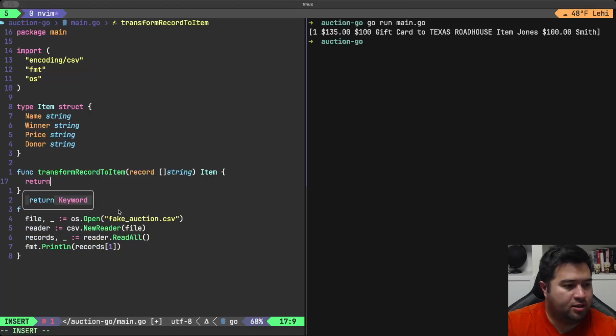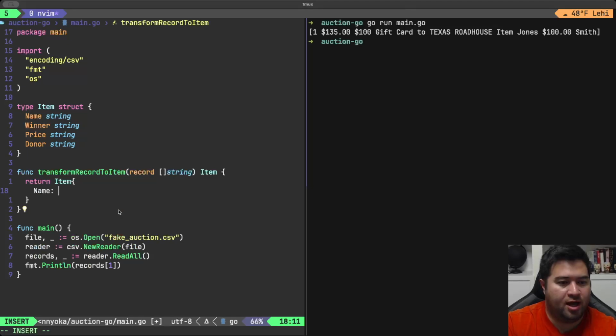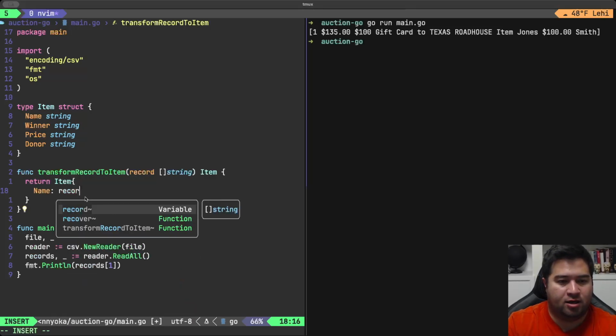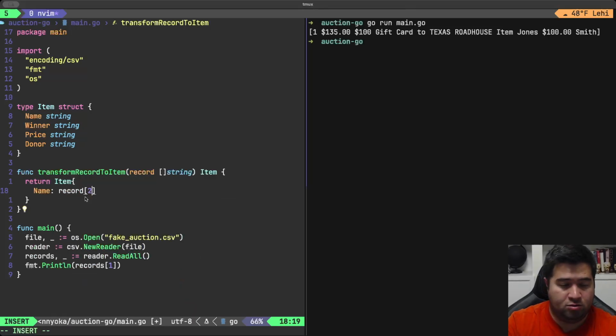And so what we're going to do is return an item with a name. Now again, I'm looking at this row for reference. At the 0 index, I've got the paddle number. At the first index, I've got the price of the item, and at the 2 index, I've actually got the item's name. So we'll say record at 2 should be our name,